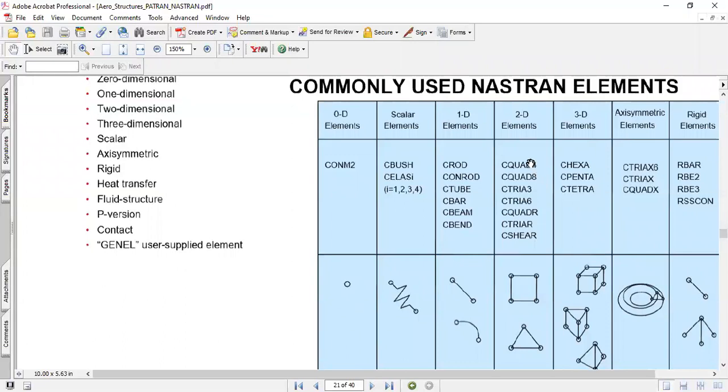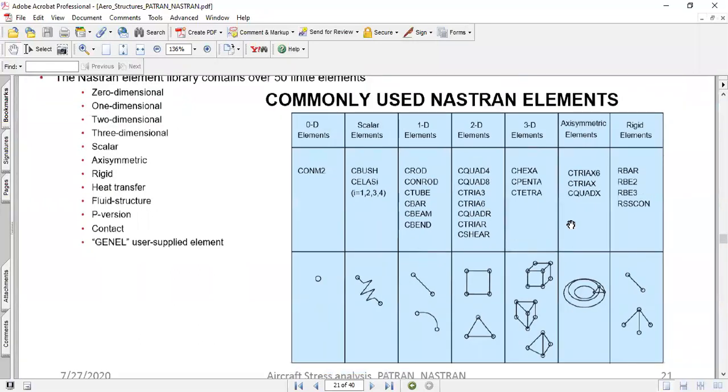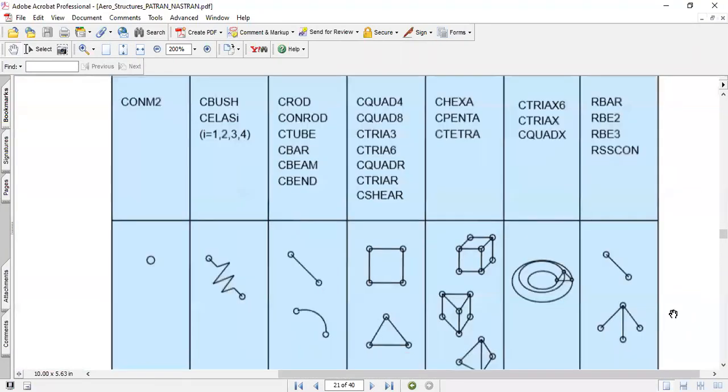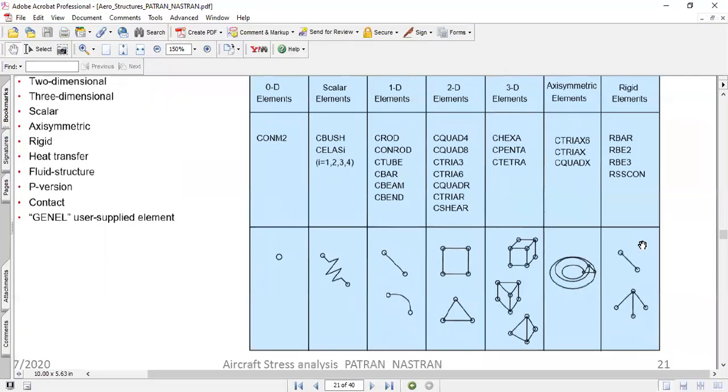Typical shell elements are CQUAD, the quadrilateral element, and the tria element. The shear element is nothing but an element that takes only the shear. And similarly, 3D elements: hexa, penta, and tetra elements. And some are axisymmetric elements. And these are the rigid elements that are used for modeling the pins and attachment lugs, and these are very important elements in Patran and Nastran.